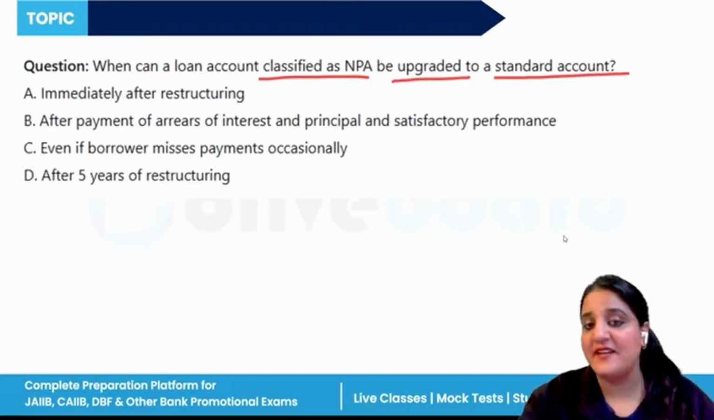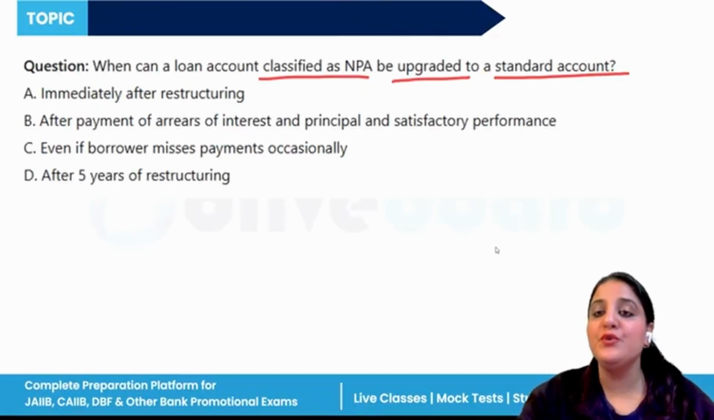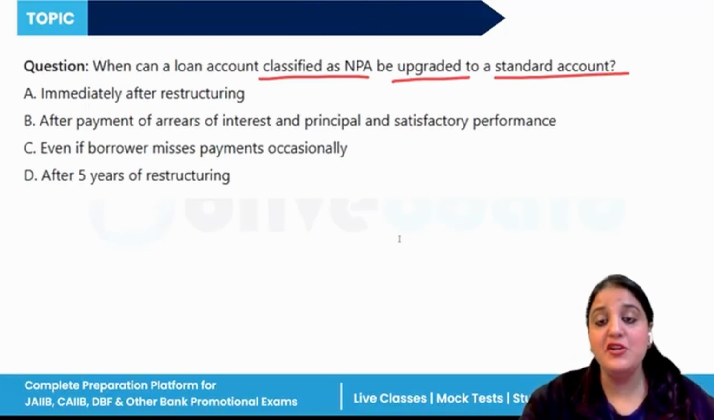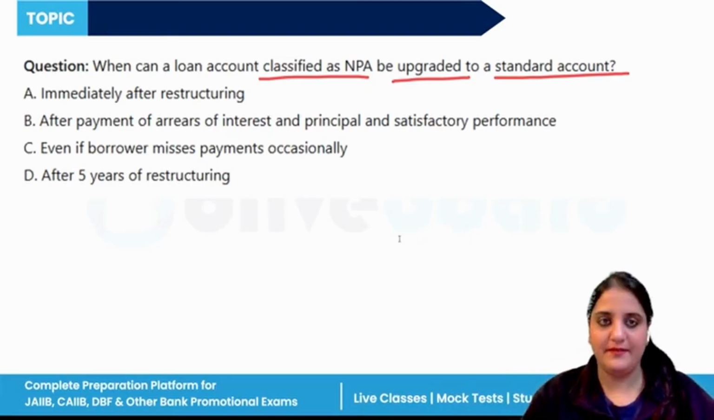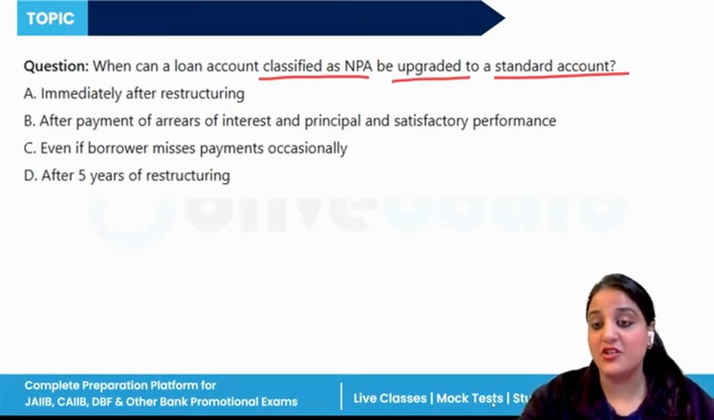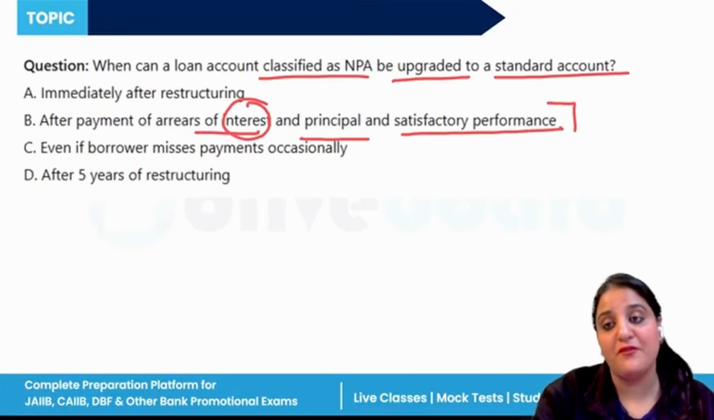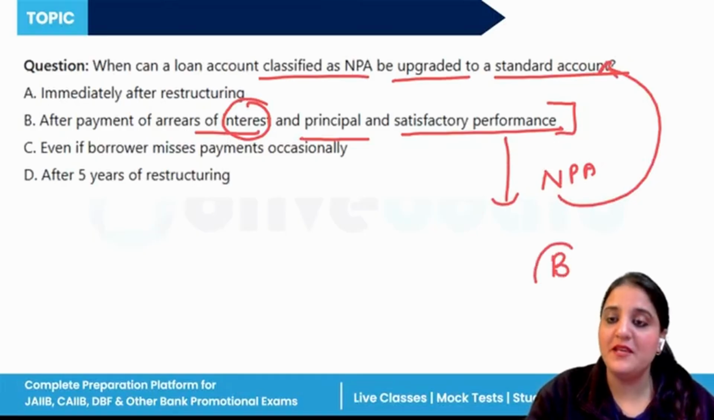be classified as standard. For accounts which are classified as NPA due to restructuring or non-achievement of the operations, special instructions apply here, right? So, a loan that is NPA can be upgraded only when arrears are cleared and the account shows satisfactory performance, not immediately after restructuring. So after payment of arrears of interest and principal and satisfactory performance, that NPA can be upgraded to the standard account. So option B is correct,